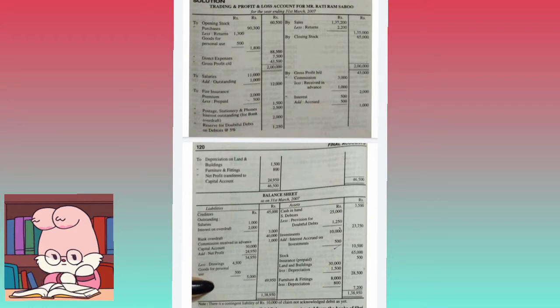And for salaries we are having adjustment, salaries of rupees 1000 for March 2007 is outstanding, so add 11,000 plus 1000 comes to 12,000 in the P&L account, and this outstanding liability of salaries will be carried to the balance sheet as 1000. And outstanding bank overdraft interest, so we are having bank overdraft 40,000, take it to the liability side of the balance sheet, and we are having one adjustment, that is bank overdraft interest. So this overdraft interest is an expenditure, so take it in the